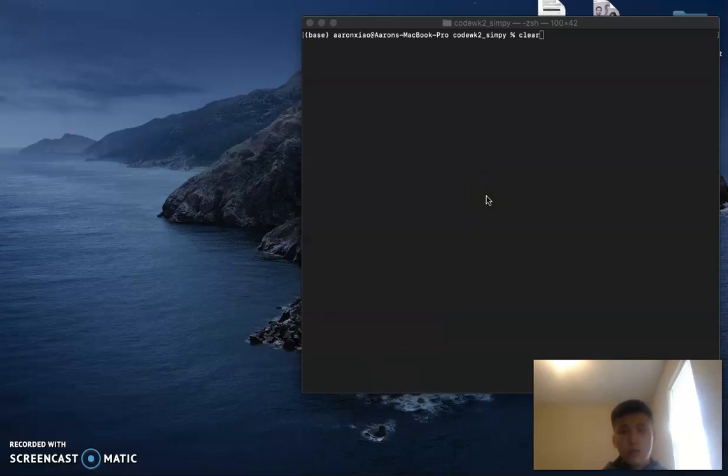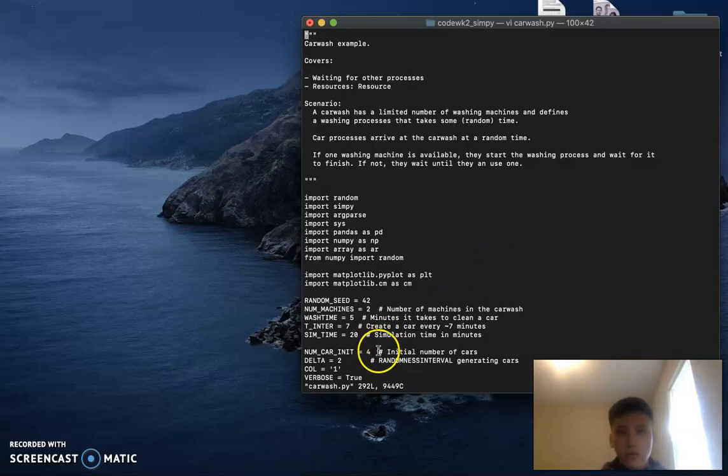Okay, so this is going to be the demo for the project. So pulling up the file. So for this overall, the code of the car wash simulation, it was already handed to us mostly complete